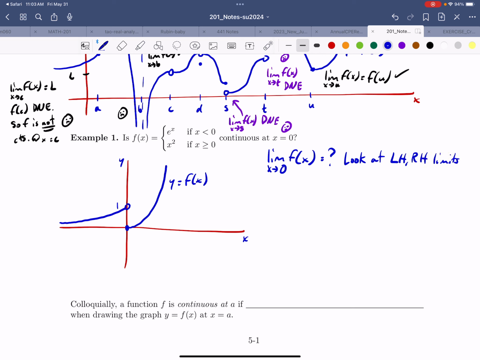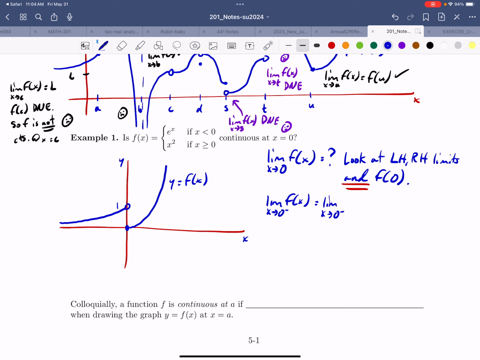And then make a judgment, right? See if they're equal and see if they equal f of 0. So I'll say look at the left and right-hand limits, and f of 0. This is very important. And f of 0, don't forget about that. So, limit as x approaches 0 from the left of f of x